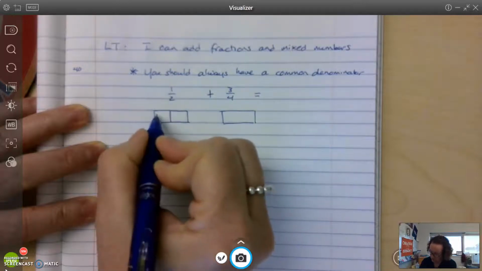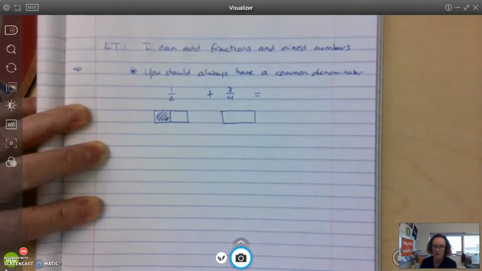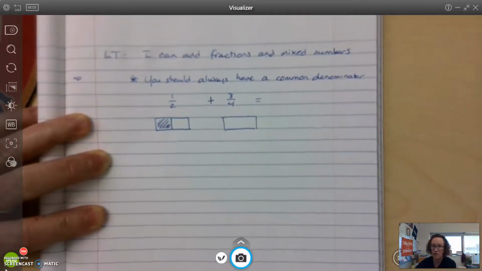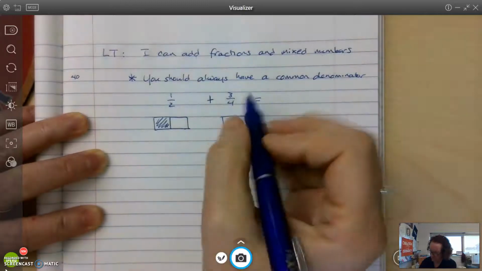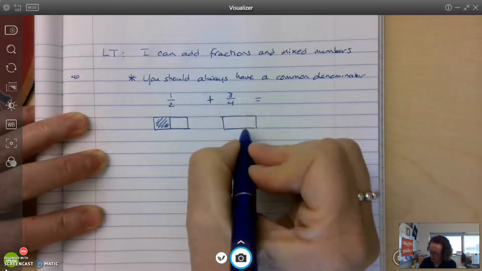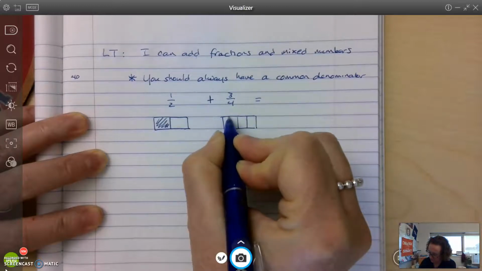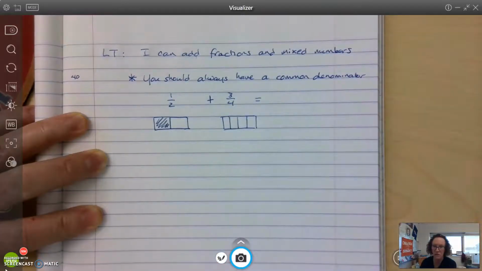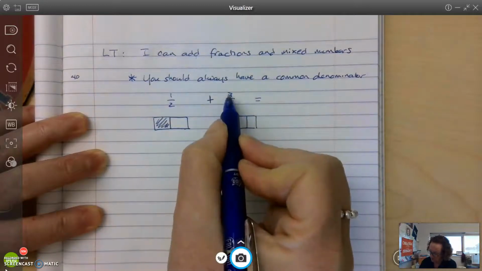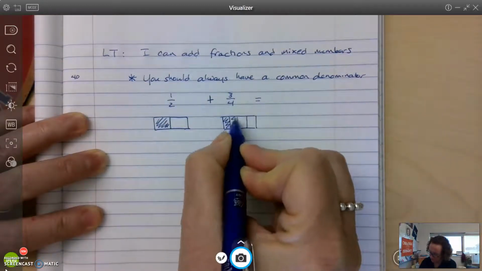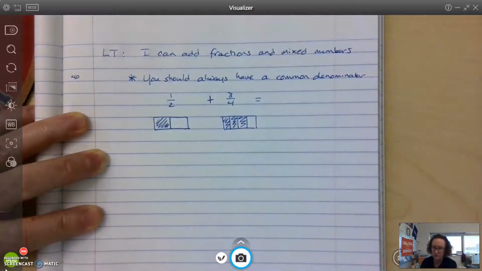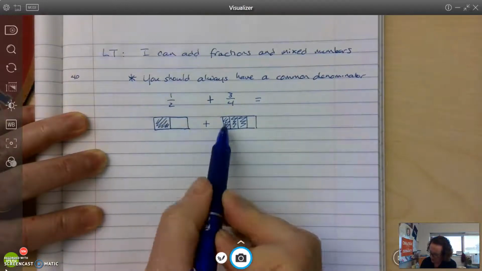And the numerator tells me how many of those parts I'm interested in. So I'm going to shade one of the 2 parts to represent 1/2 of that whole rectangle. For the second fraction, the denominator tells me that I have 4 equal parts, so I'm going to split that rectangle into 4 equal parts, and the numerator tells me that I have 3 that I'm interested in. So I now have this area model that represents that addition problem,